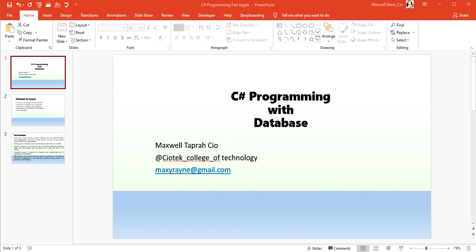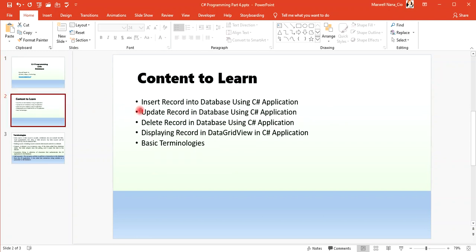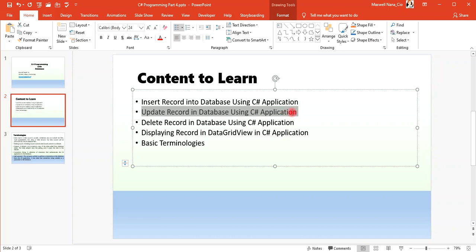In our previous lecture, we learned how to insert a record into the database using our C# application. Today, we will learn how to update a record in a database using a C# application. Okay,